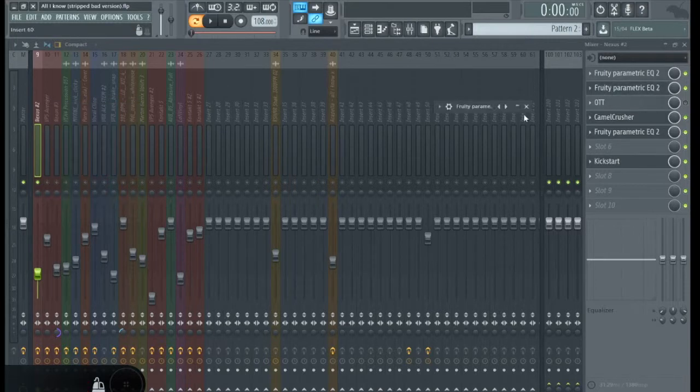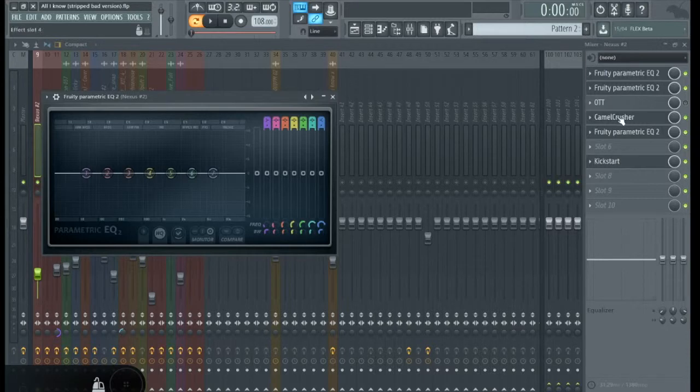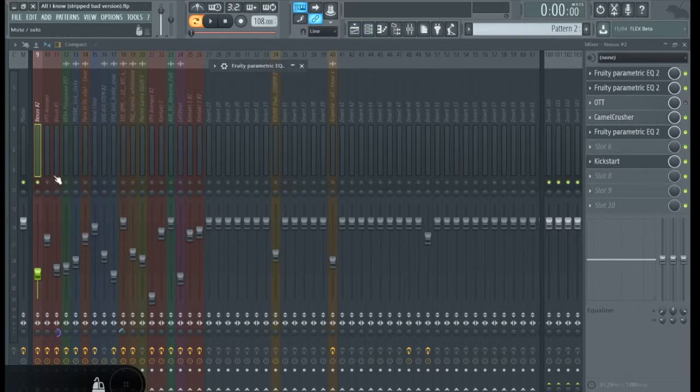And this EQ, I don't think it's doing anything. I just take out more low end, and this one's doing nothing. On top of that we've just got some distortion with Camel Crusher, just to give it a bit more grit. And then on the sub,